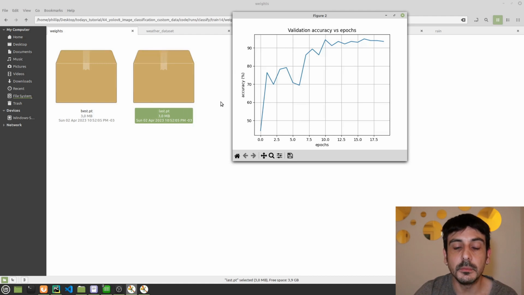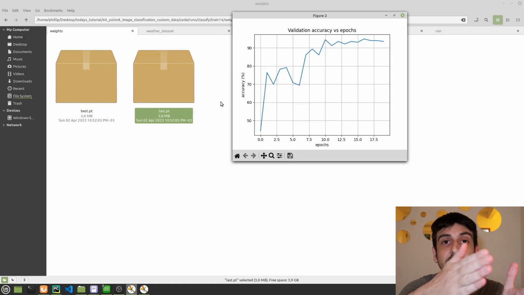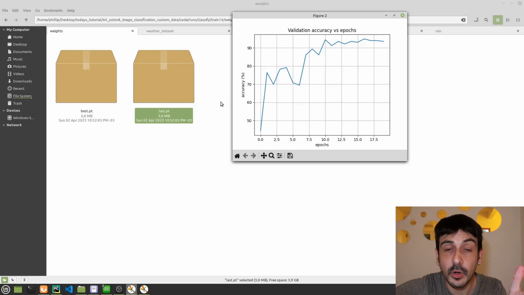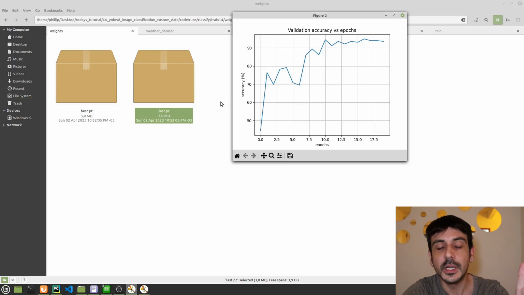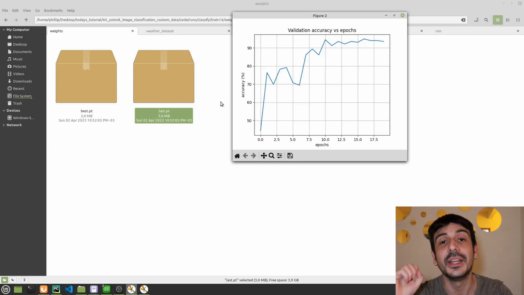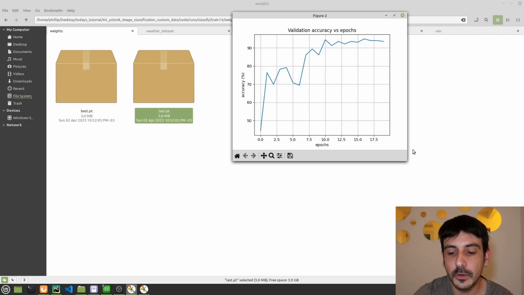So last.pt means that you are taking the model which was the result of the last epoch of your training process. Remember, at the end of absolutely every single epoch, you have a model available, which you can definitely use if you want to produce your inferences and so on. So last.pt only means that you are taking the model produced at the end of the last epoch. In our training process, at the end of the 20th epoch, we are producing this model, which is last.pt.